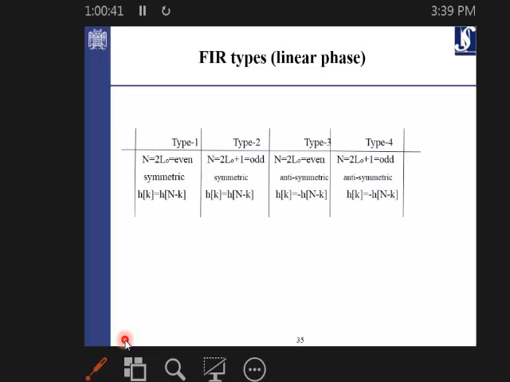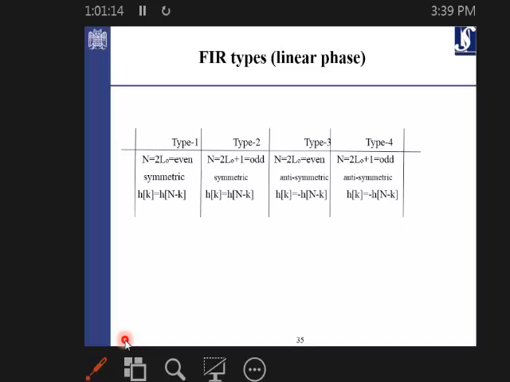So here, it's a second layer of filter design that you didn't have in the IIR implementation. But we have to already know that one of these methods, for example, type 1, is something that you can use for the low pass filters, also for the high pass filters. But type 2, for example, is something that you can never use for the high pass filters, because of adding a 0 in the higher frequencies, or type 3 for the high pass filters,